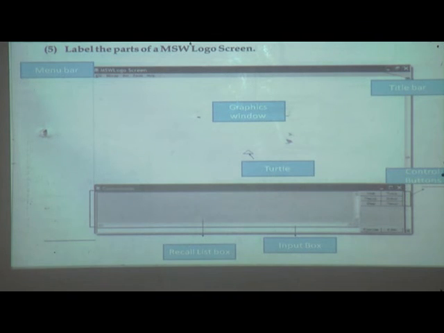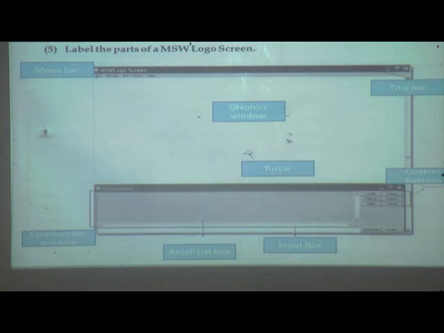Recall list box and input box all together are called a commander window. Commander window.